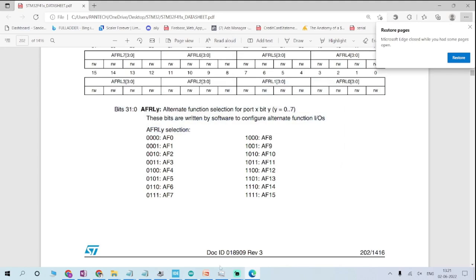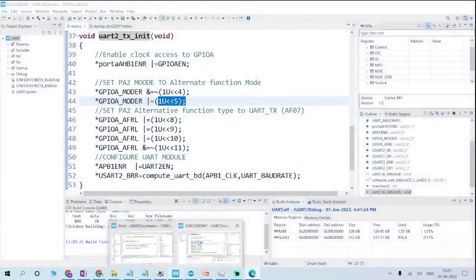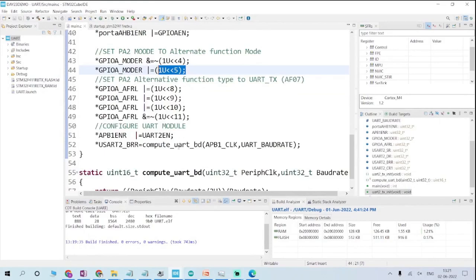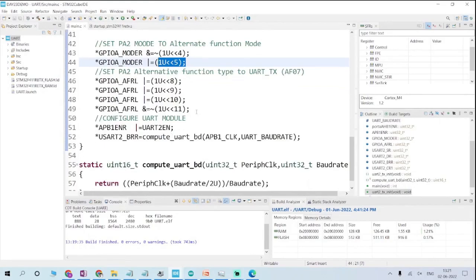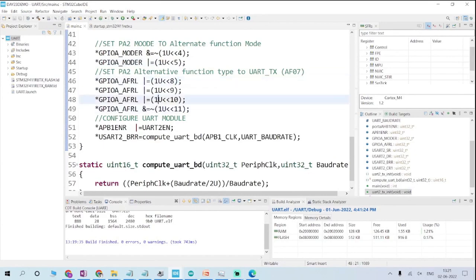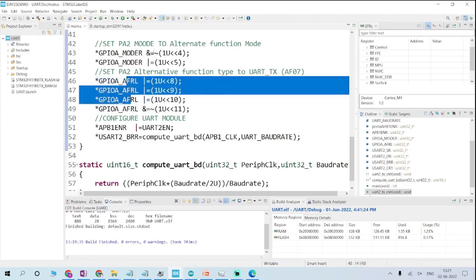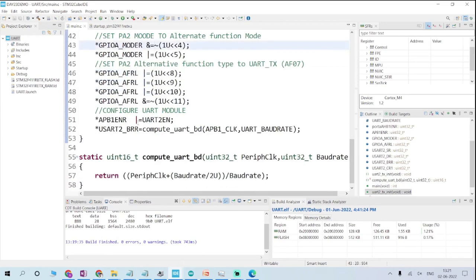Okay, so we have set this value, 0111, for AFRL, and the mode register we have configured,